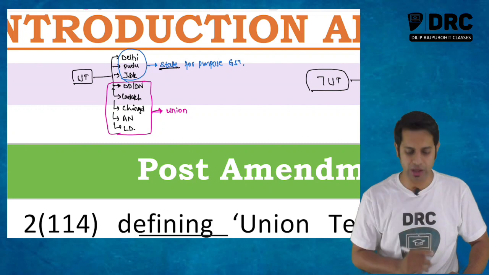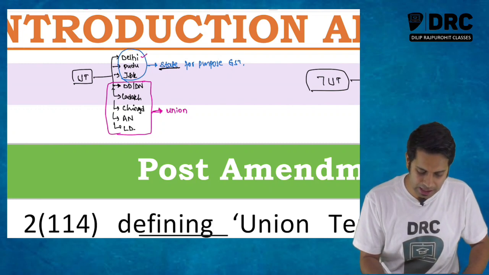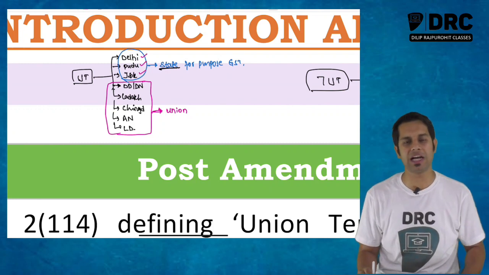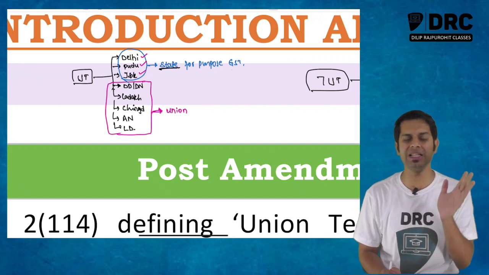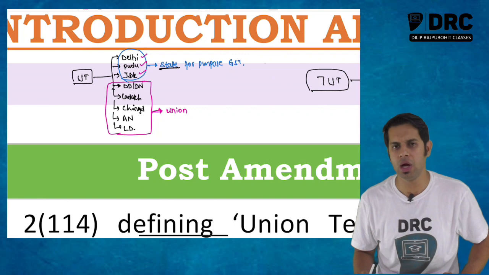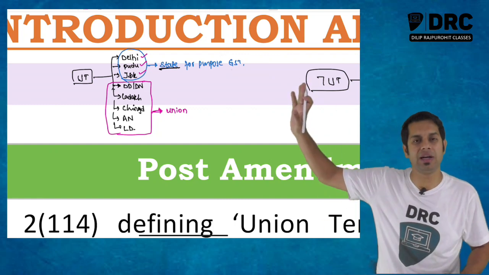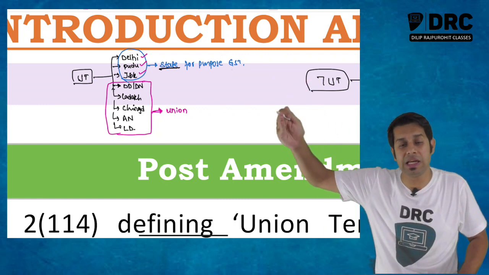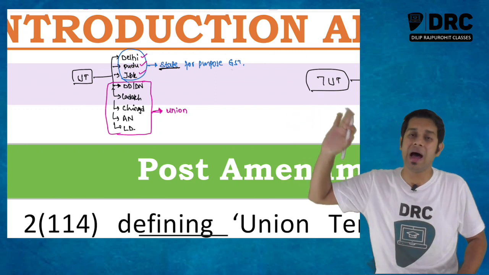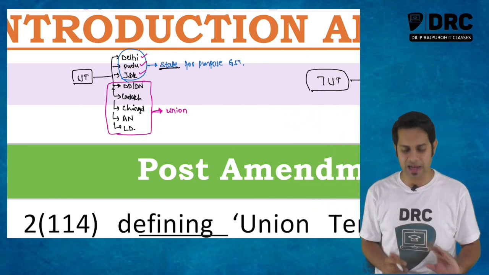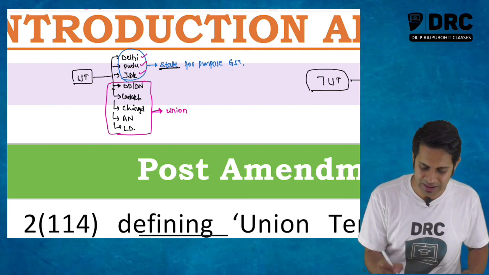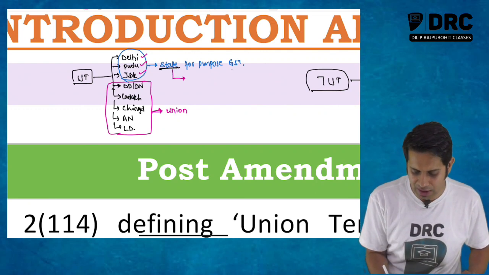So there are 3 union territories, which are Delhi, Puducherry and Jammu and Kashmir. These 3 union territories can have their own legislature. These 3 union territories can make their own government. So these 3 union territories which can have their own legislation and make their own government are called state. For the purpose of GST, they are treated as state. Sir, what do you mean by this? It simply means that whenever you are making an intrastate supply